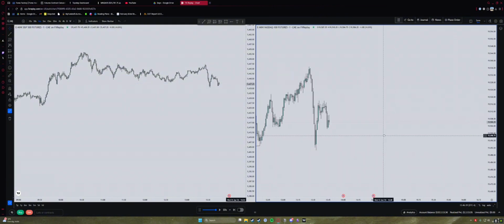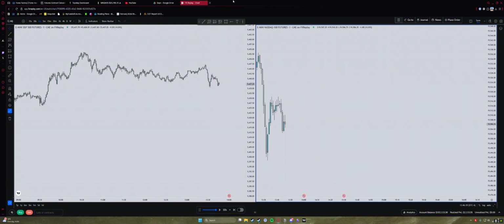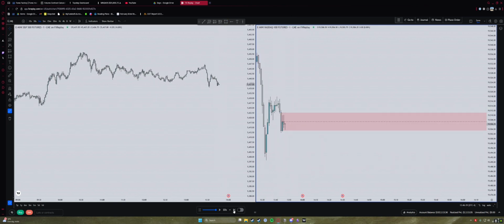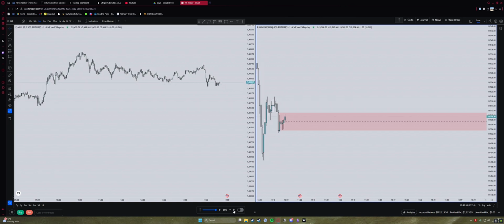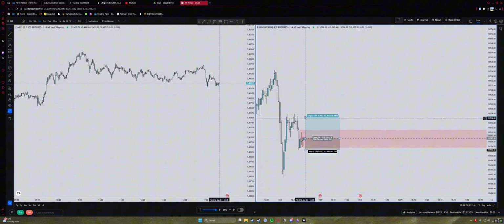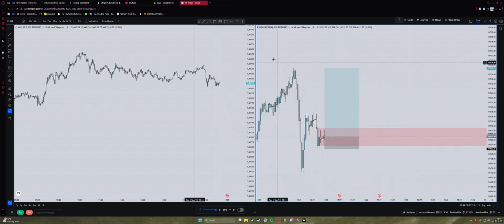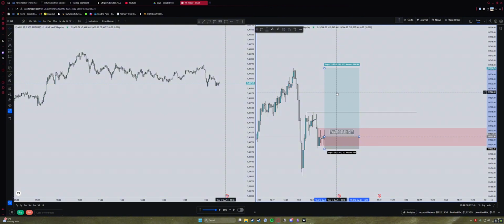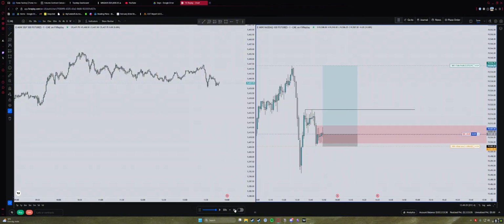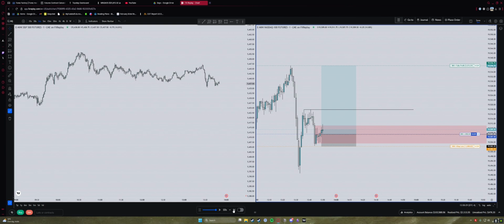Okay, could find my entry somewhere here. Equal highs. Where did we close on this candle? Yeah, this is not a valid order block yet. Okay, I'm going to enter here. Target these highs and put break even when we take these highs, because this is a really clear drawn liquidity trade for me. I think we're going to draw up towards the equal highs, but I want to close before.